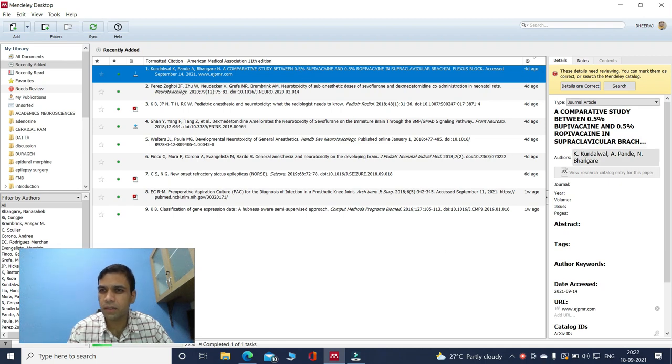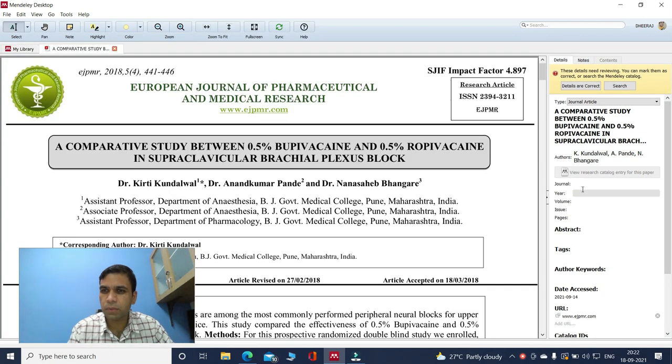Journal name is correct, author names are correct, but the problem is that the journal, year, volume, issue and pages have not been extracted by Mendeley. So if you blindly cite this article through Mendeley, you will miss out the proper formatting. So you need to enter these things manually: the journal name, year and everything, and then cite it in your Microsoft Word.